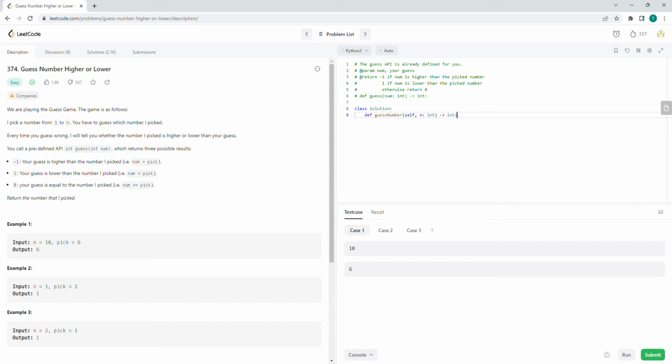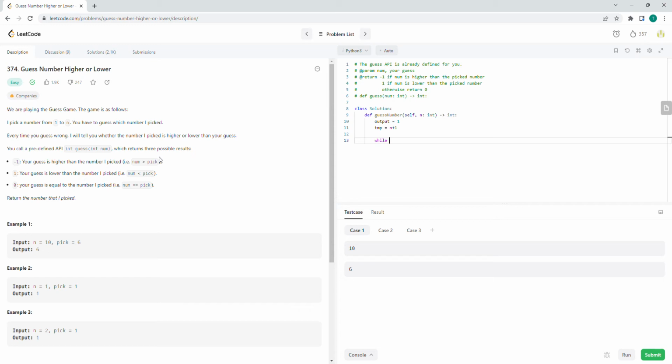So in order to solve this, we could easily employ the API guess using a classic binary search. Given the method, let's go about doing that. So say we have the number you pick called output, and call that 1. And then we have a midpoint or a temp variable, I guess. And that's going to be n plus 1,